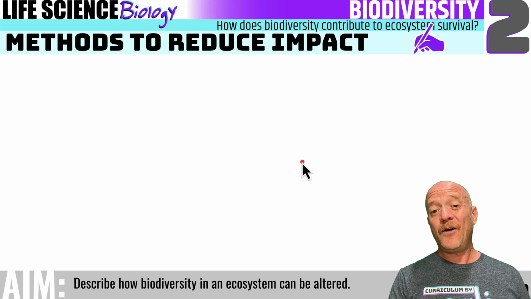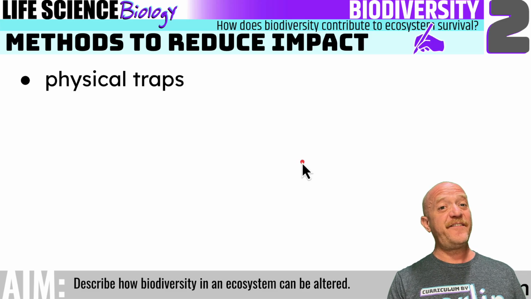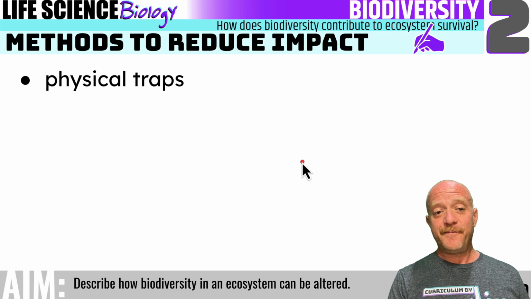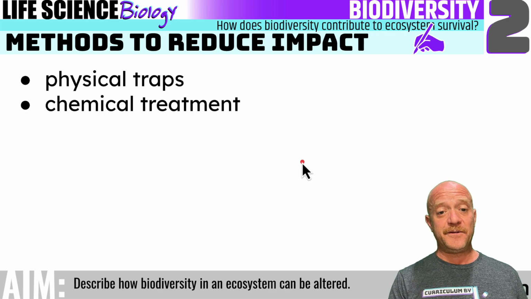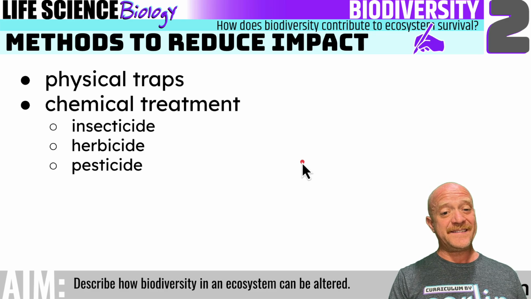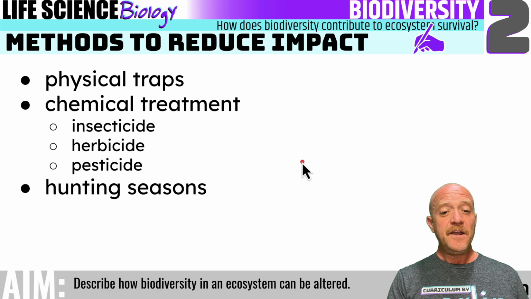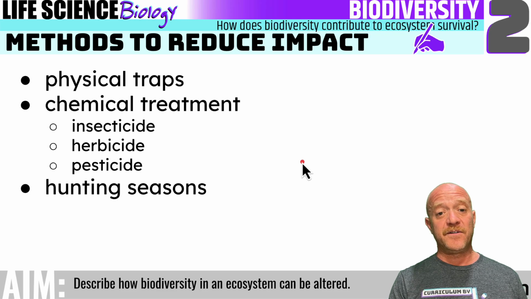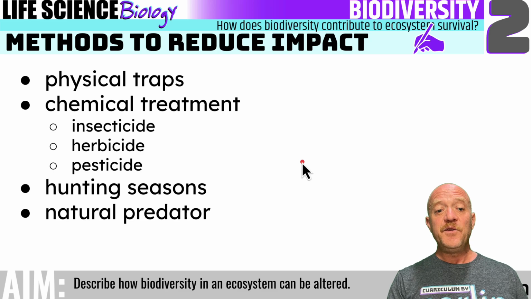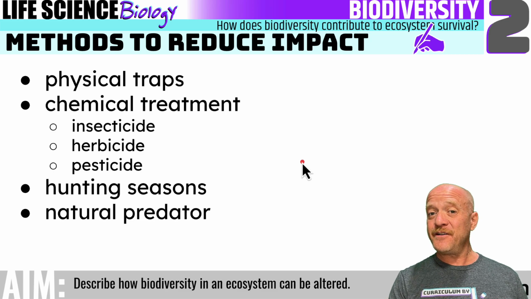And now we're going to talk about how we can reduce the impact. You can set physical traps. If you catch them, they can't escape and they can't reproduce. Provide chemical treatments to kill them, like insecticide, herbicides, or pesticides. But that may be a problem because it might kill harmless organisms as well. You could also have hunting seasons for different animals. Like in Florida, they have hunting seasons for the Burmese python. You could also introduce a natural predator, but that may be a problem because the natural predator themselves may become